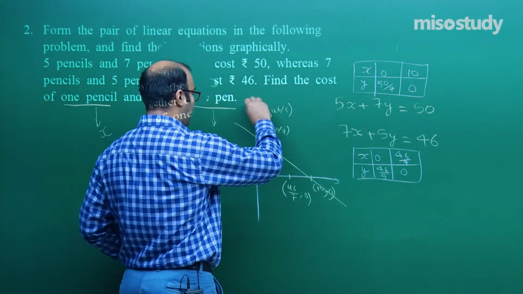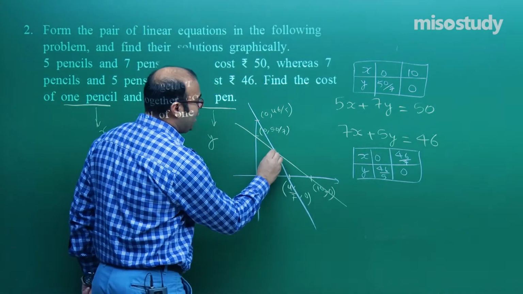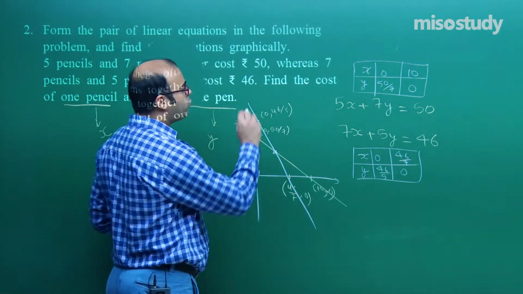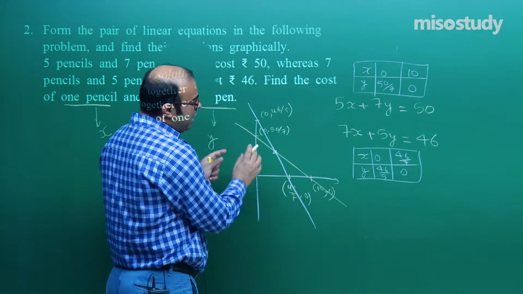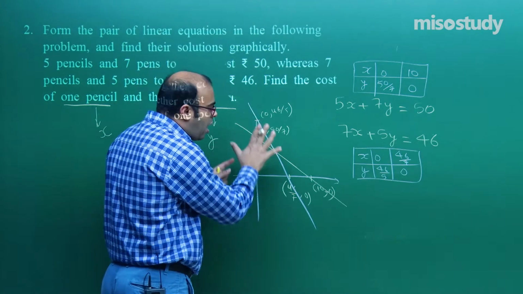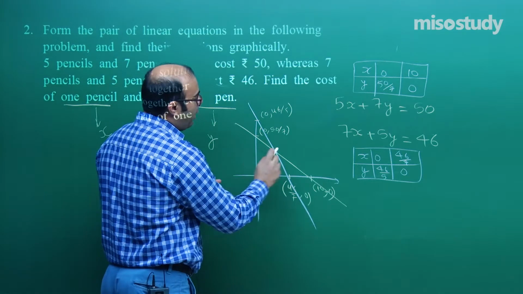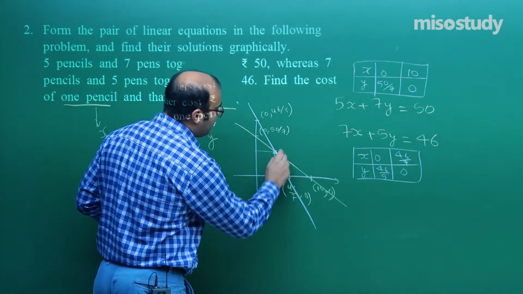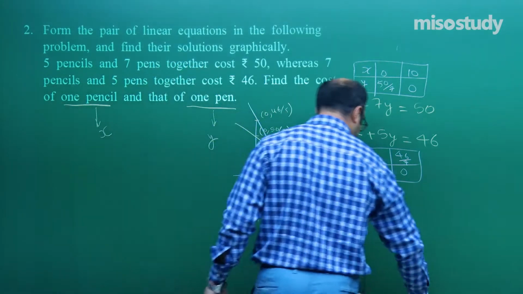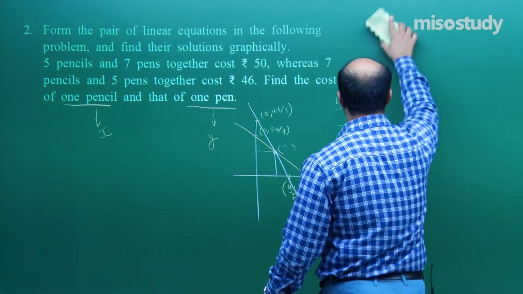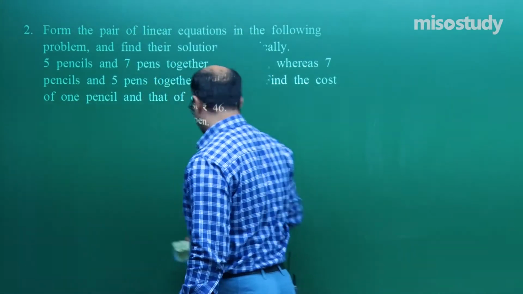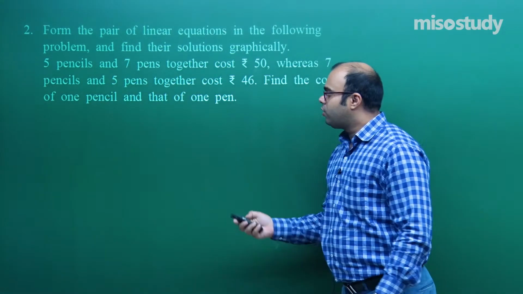Now we make another line by joining these 2 points. They intersect at this particular point. So this point will give you the solution of these 2 equations. Here it is not possible to find this point minutely, but when you use graph paper, you will plot it minutely and see what this point actually is, which satisfies both the lines. Okay, students, this is the approach we have to follow in the graphical method. In case of a graphical solution, you should have graph paper with you so that you can solve it minutely.